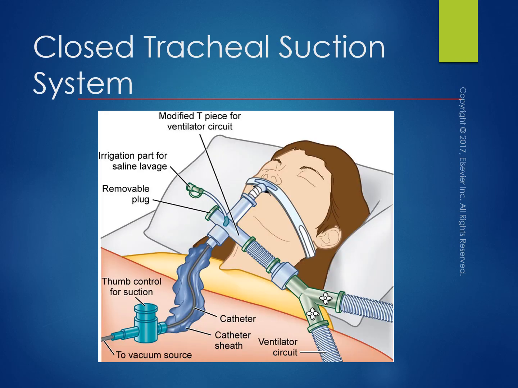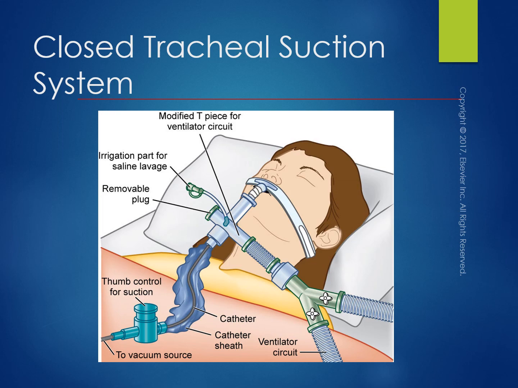So here's a nice picture of it. It says thumb control for suction over here at the bottom left. If you turn it, it locks, and that means it's off. If you turn it again, that means it's open. However, it doesn't start suctioning until you actually push it. And then you would thread the catheter in through the ET tube, and do the same as you suction before, your intermittent